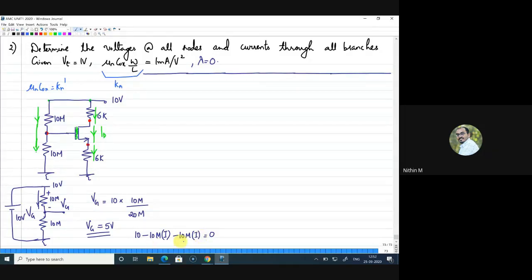Right. Now from this, I will actually get what is this current. I'll get the current as 0.5 microamps. Now that current multiplied by the resistance 10 mega ohm will give my Vg value. Both will be same, so in either way you can find. I would prefer you to do it with the first method, just by voltage divider. So I got Vg voltage as 5.